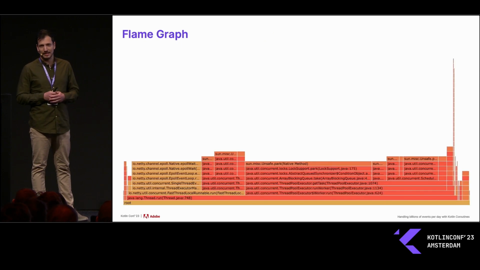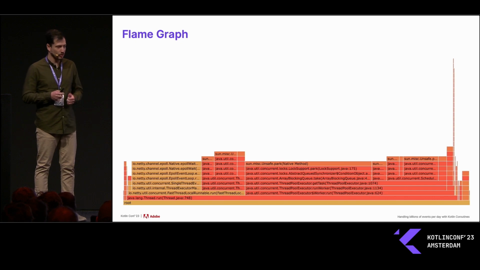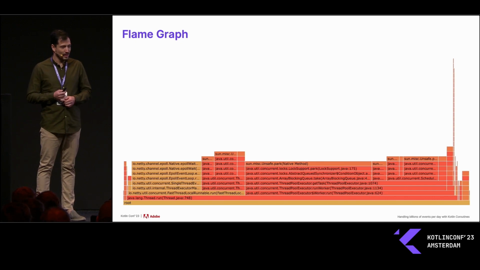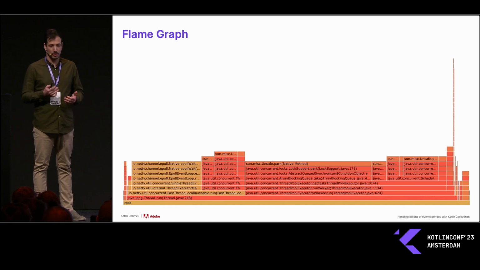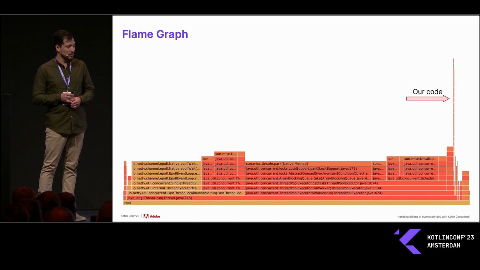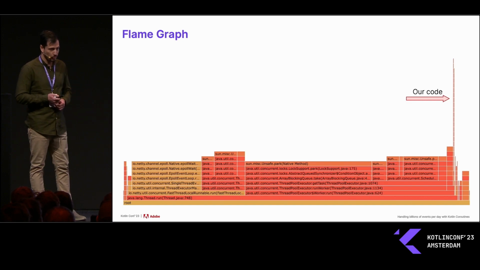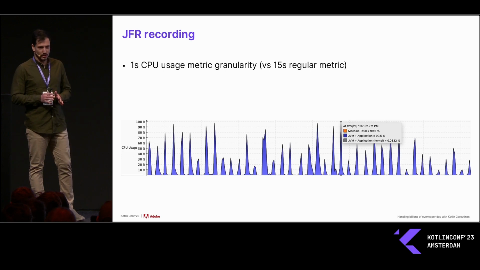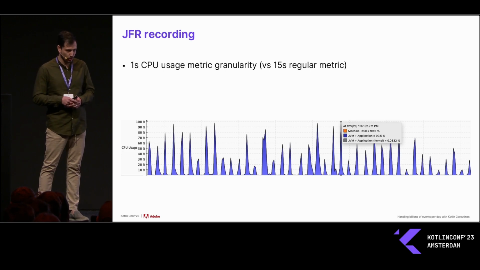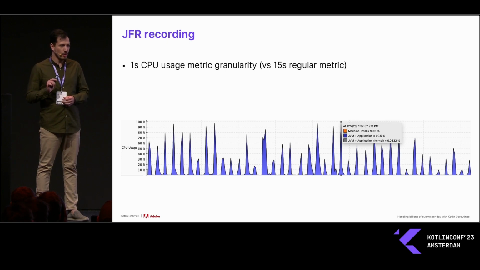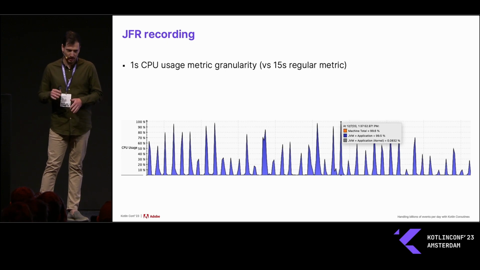So our last track was to profile the application, and here we have a flame graph, which shows that our threads are most of the time sitting around waiting for work, as our code is barely visible in the two narrow lines on the right. Only after we took a recording with Java Flight Recorder, which gives us metrics with 1 second granularity, we were able to figure it out. And our application was